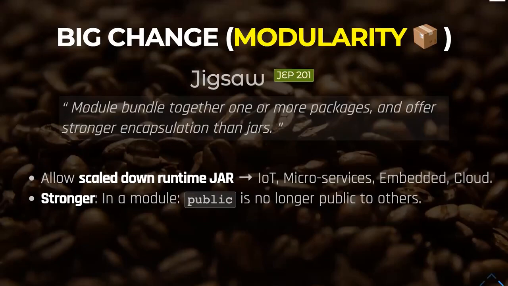You can tell me it's public with the public modifier, yes, but if you don't export it to the outside world, nobody can import it and use it. This is how we brought stronger encapsulation. This allows us to focus more and freely change the internal implementation and mechanisms of the JDK and JRE and JVM without worrying about backward compatibility and other people using this.